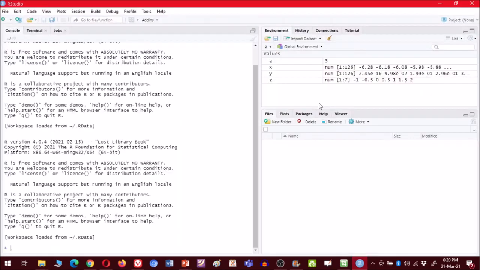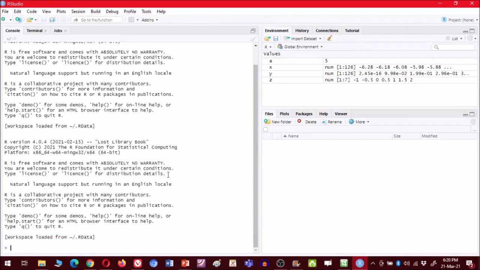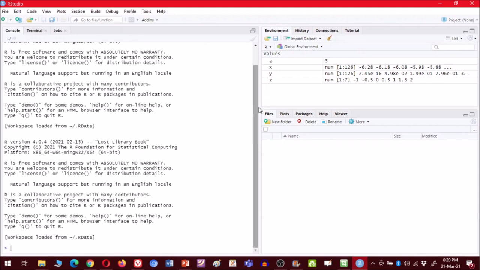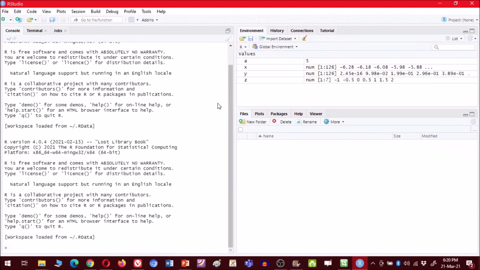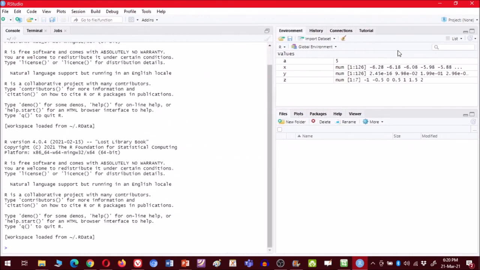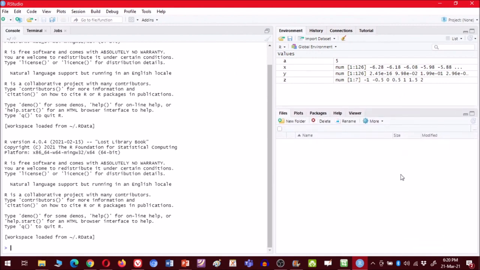So this is the home page. Whenever you open R Studio for the first time, you will see this. You can see here there are 3 windows. First is this one, and you can resize it. Then there is the next window, and we can again resize this window up and down. And then the third window is this one. We will see how we can work with them in later videos.